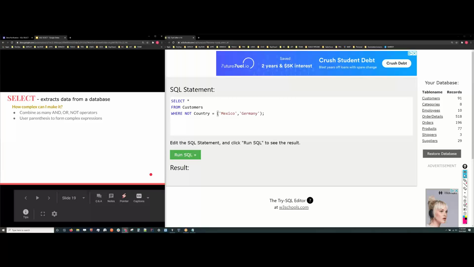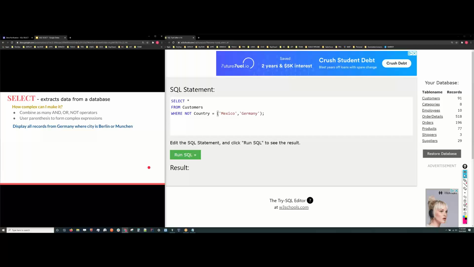So how complex can I make it? You can make it as complex as you want. And in some ways, you can use some parentheses. And you saw that. Here's one example of parentheses that works in this platform. Here's where I can say, display all records from Germany, where city is Berlin or Munich or München. I don't know how to pronounce it. So where country, I can just say like Germany, and city,